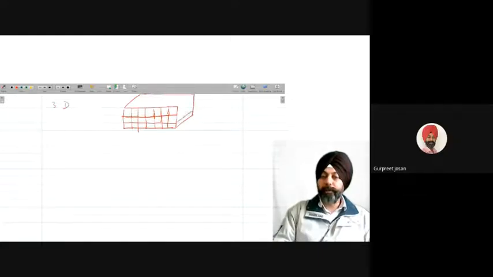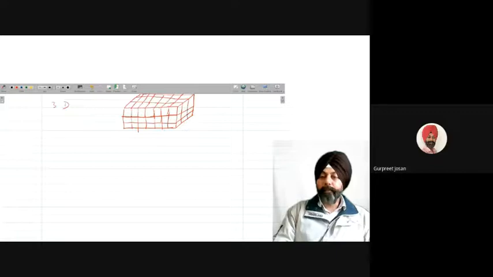So there is a third dimension also. Behind this table, if I store another table, so this is the first table, this is the first dimension, and this is the second dimension, third dimension. So we can extend this concept up to three dimensions also.